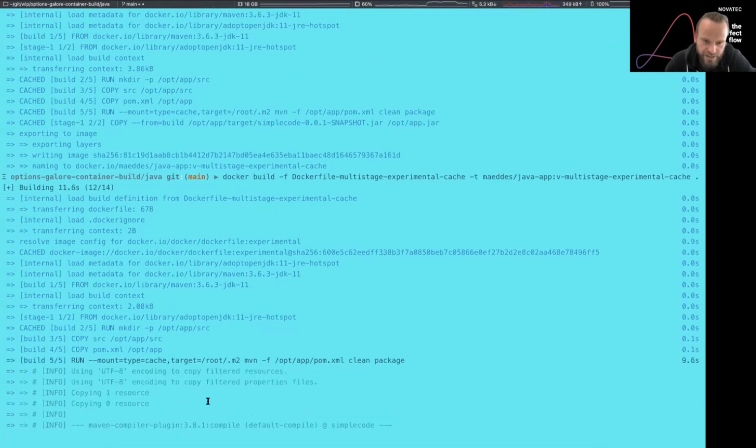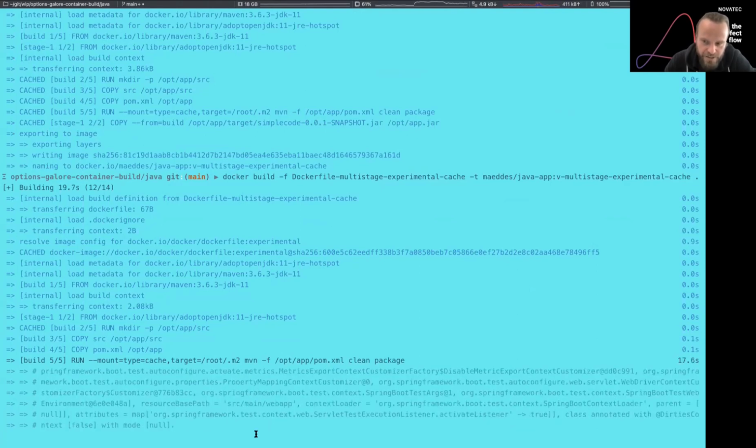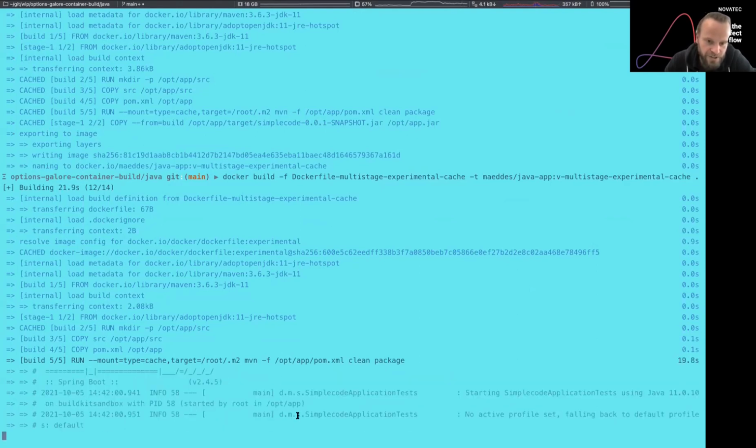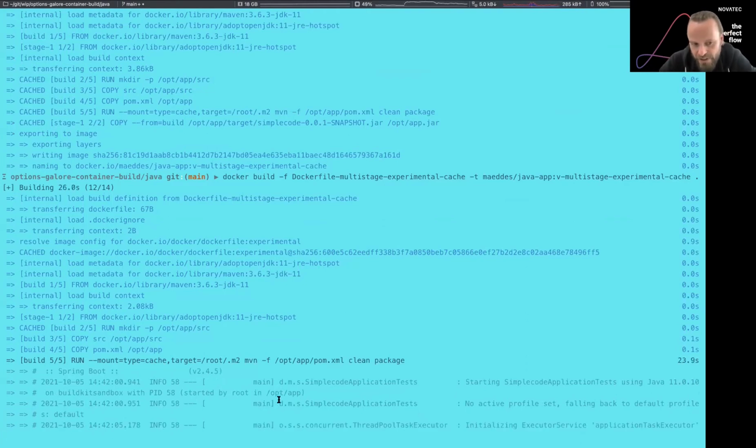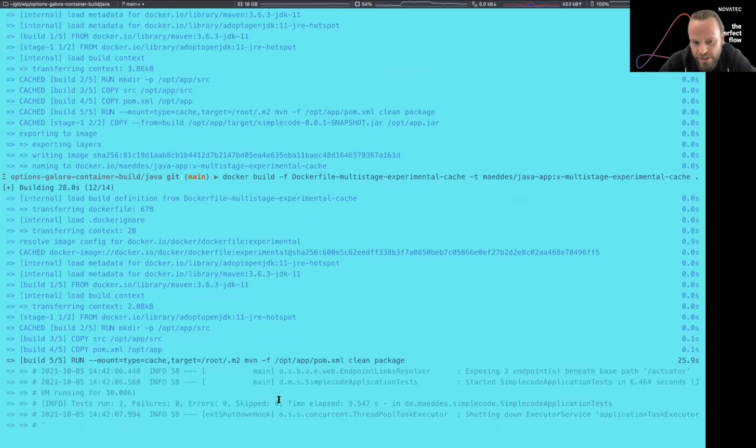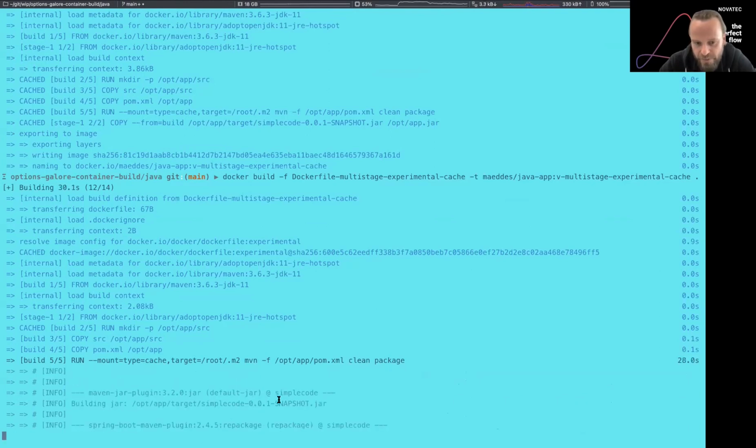So it's just rebuilding as if you would run Maven locally. So this is definitely a lot faster than doing the entire build, and especially in terms of local development, this might save you quite a bit of time.